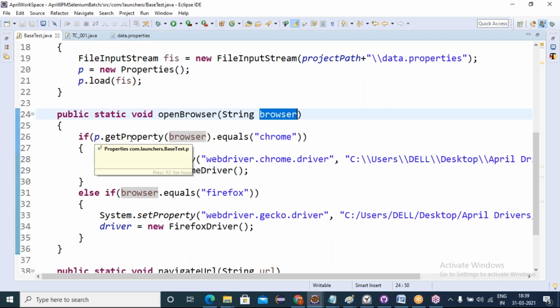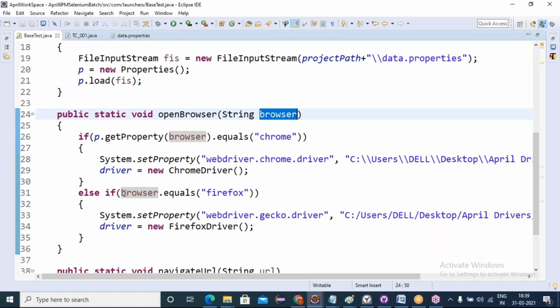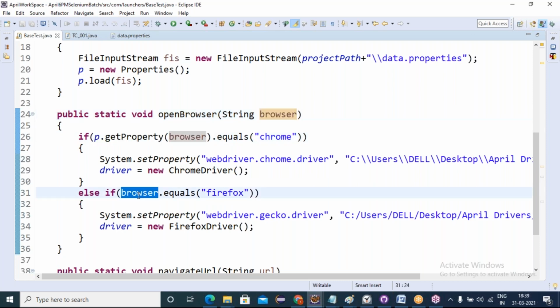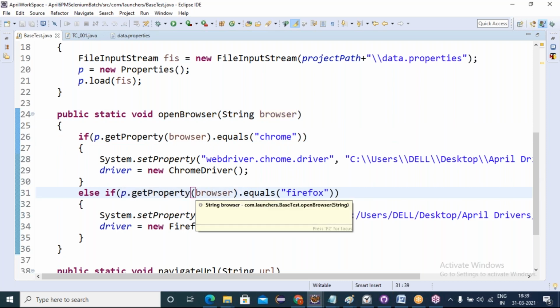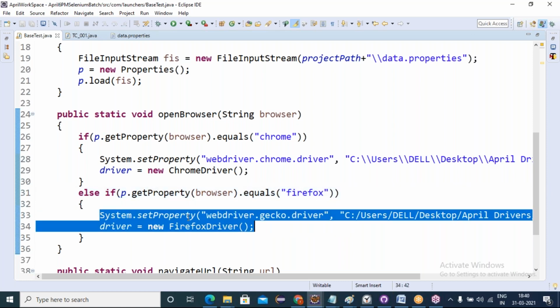It checks if p dot getProperty of browser, the key-based value as Firefox, is equal to Chrome. No, so it comes to the else if. Here again we have to give the same: p dot getProperty of browser, the key-based value as Firefox, is equal to Firefox. Then it loads Firefox.